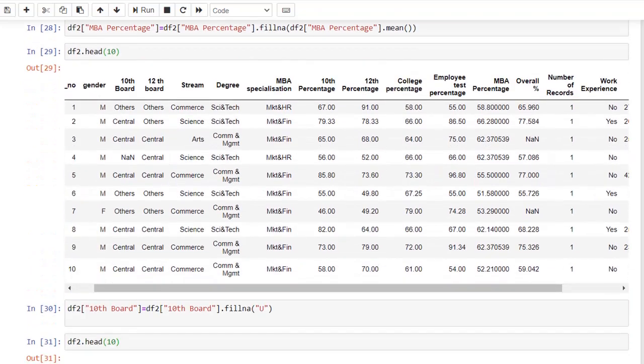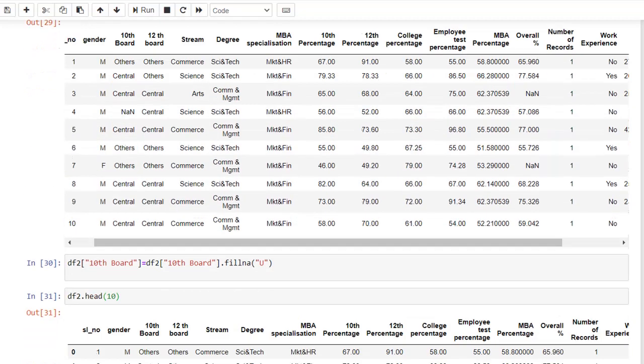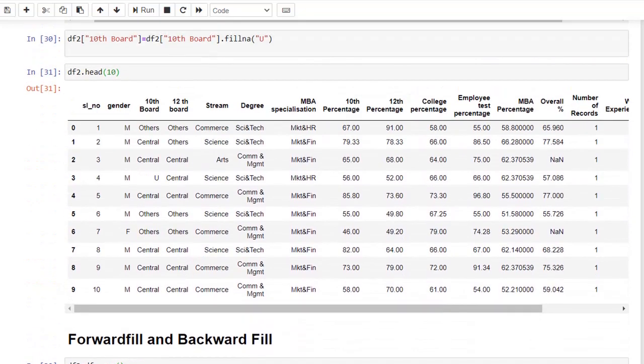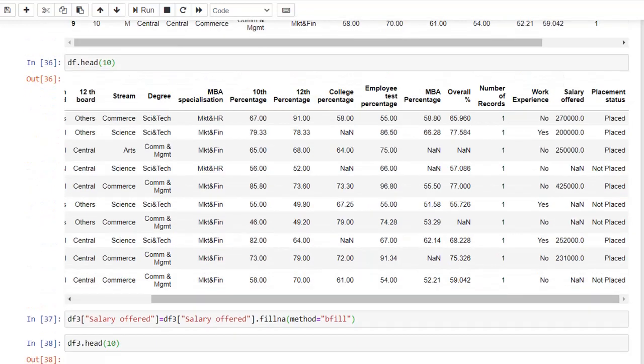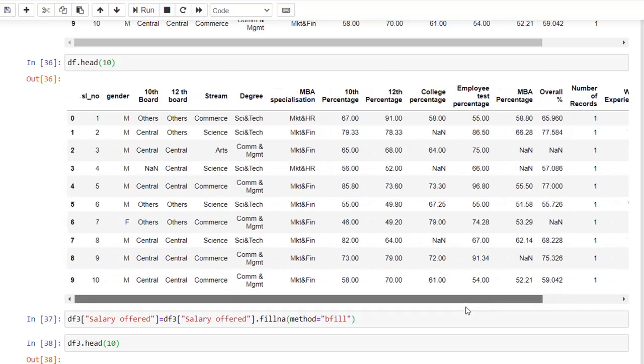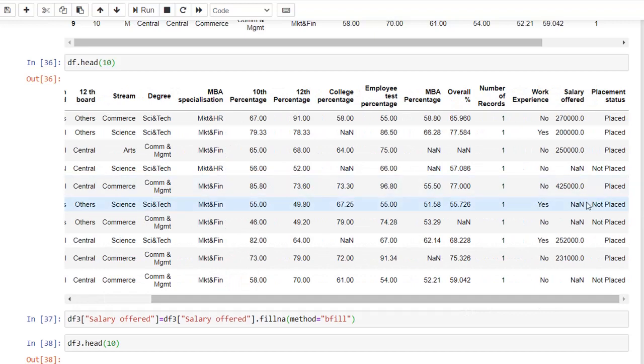Okay, so let me check the original data. So this is your original data frame, right? In the original data frame, you can find the missing values in row number 4, and you can find the missing values in row number 6 and row number 7, right?